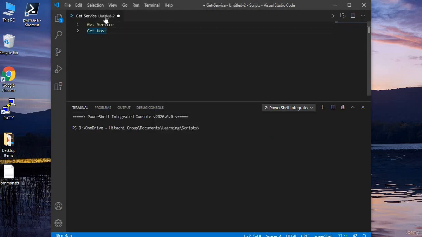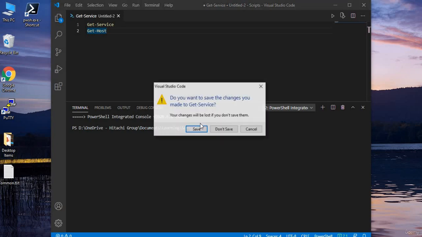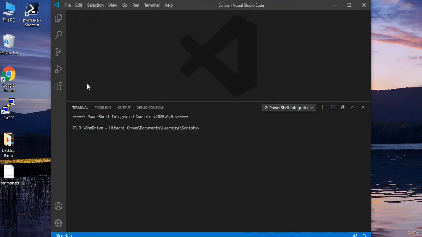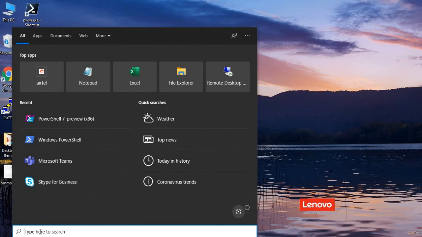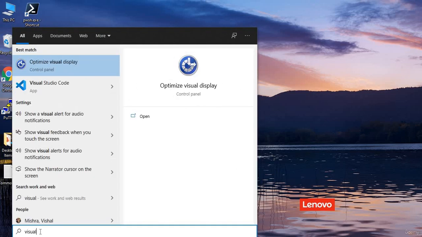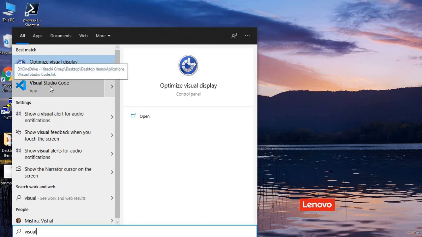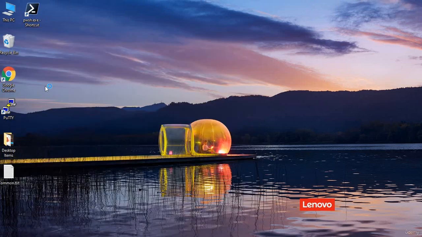No, I don't want to save. No, I don't want to save. No. So we can just close this VS Code and we will open it again. To open VS Code, we can type in the search button Visual Studio Code, and we can see this application is there. We can click just this one,